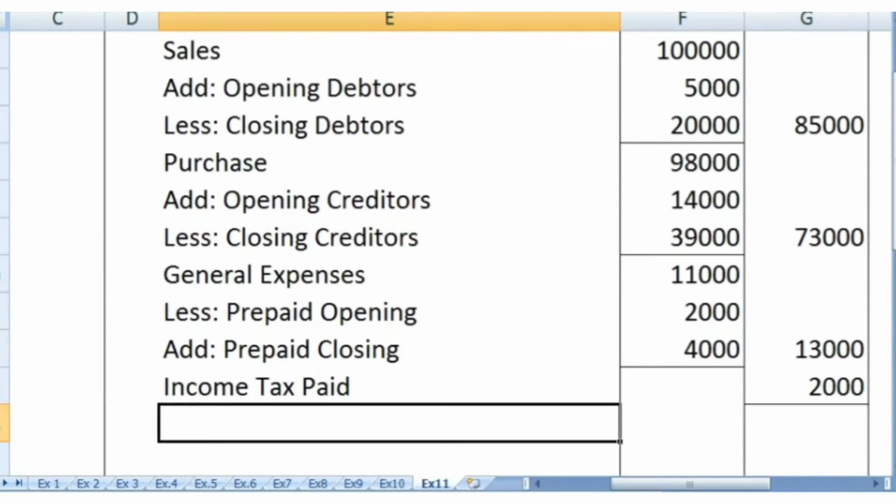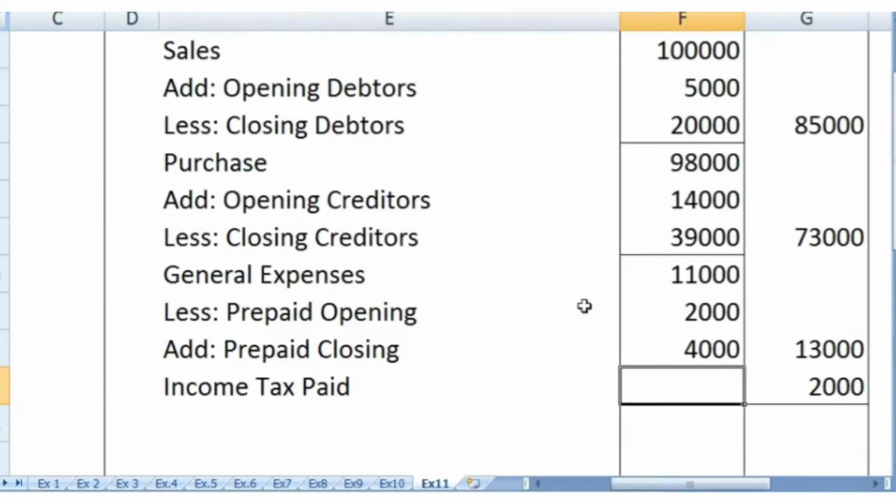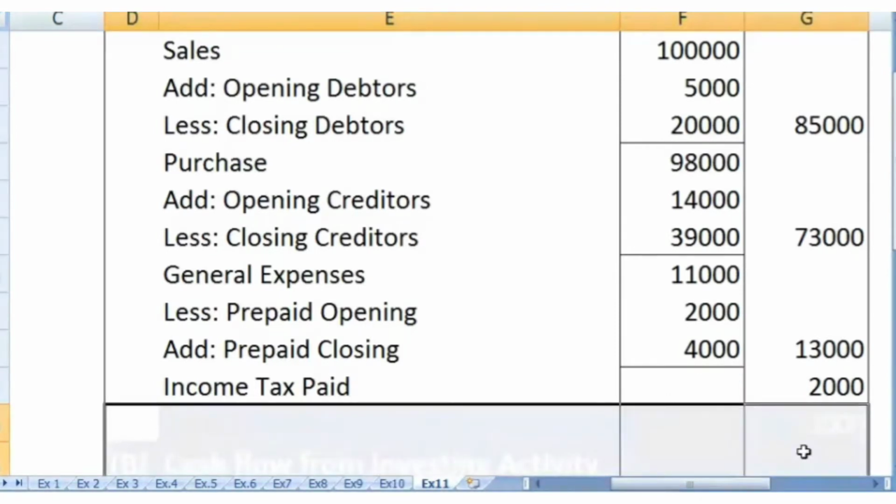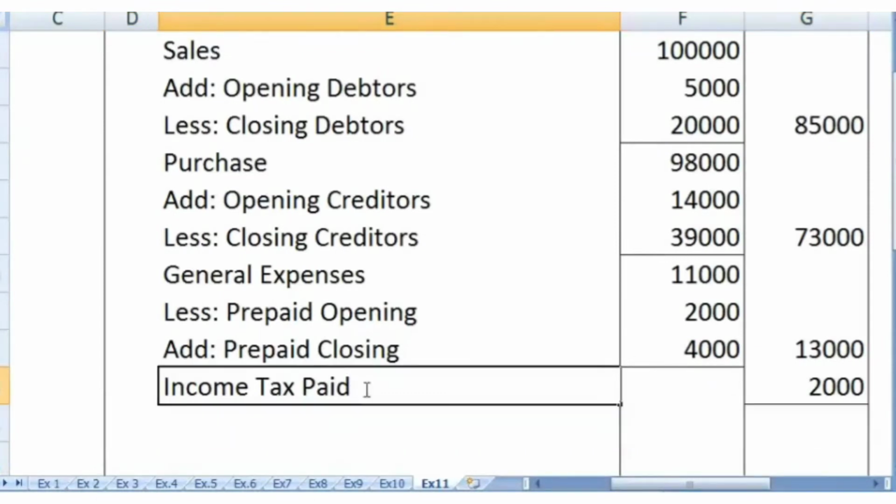So whether I have mentioned the calculation here or not, I think not mentioned. So I need to mention it here. Okay, it is not mentioned, so I just write it here. Okay, opening